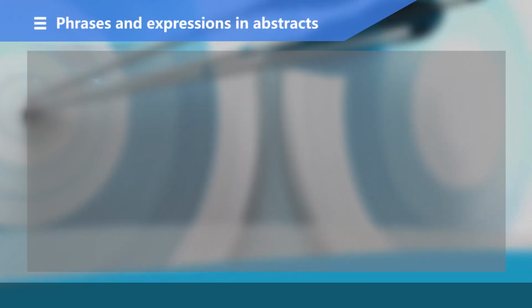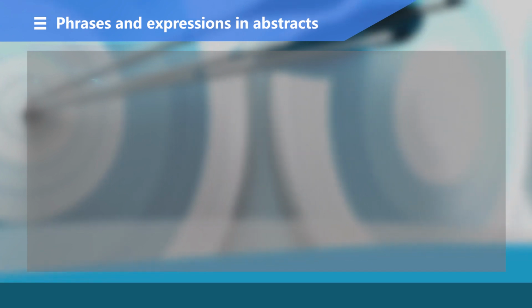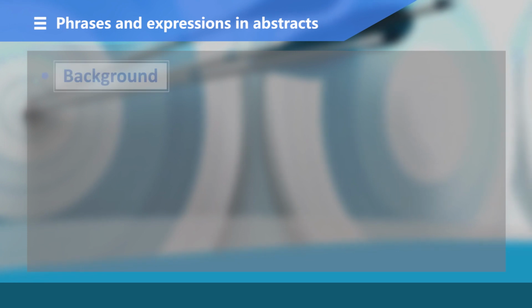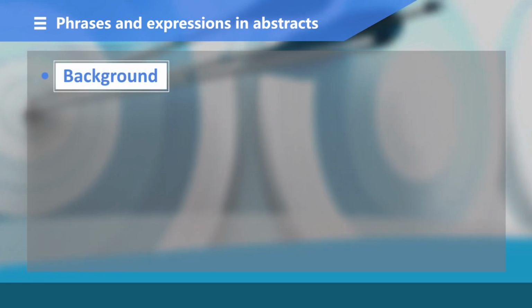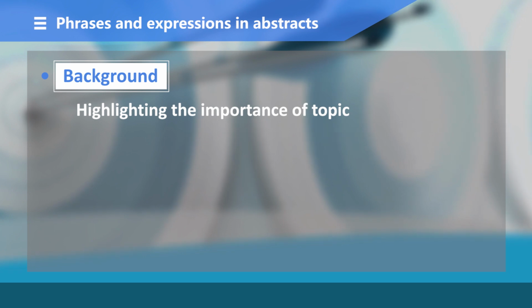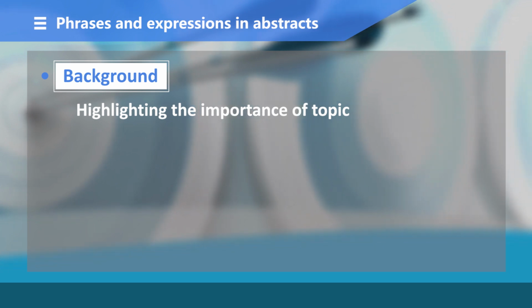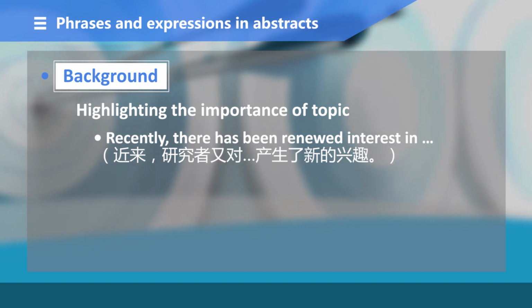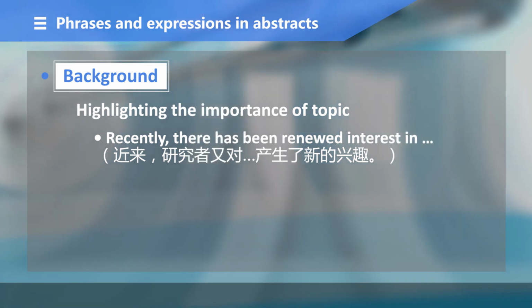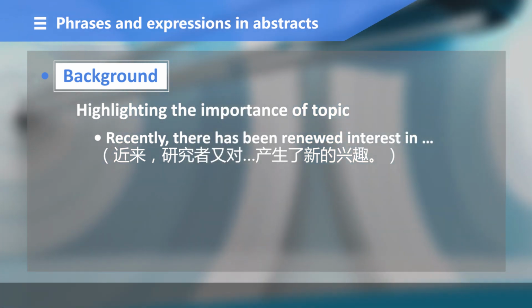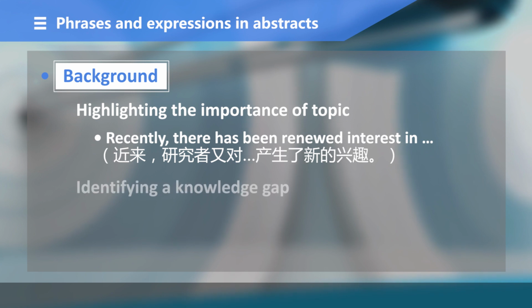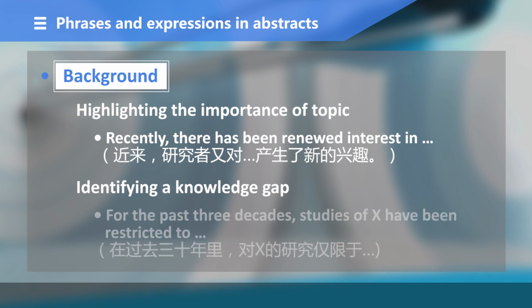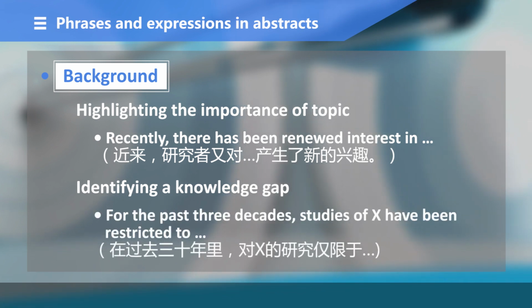Well, in abstract writing, certain phrases and expressions are often employed. Let's take a look at them. For background information, if you need to highlight the importance of the topic, we may write, recently there has been renewed interest in something. 近来，研究者又对什么产生了新的兴趣。If we want to identify a knowledge gap of the previous research, we may write, for